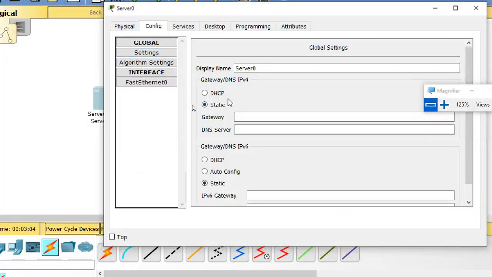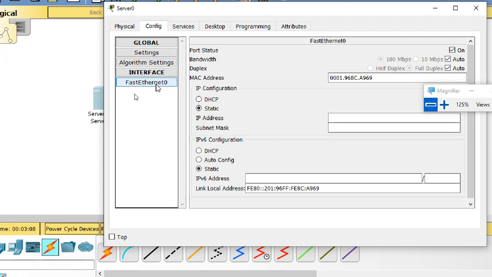Configure, interface, static IP address. I'm assigning an IP address here: 192.168.1.200, with the subnet mask.